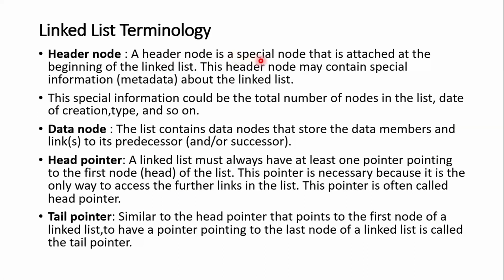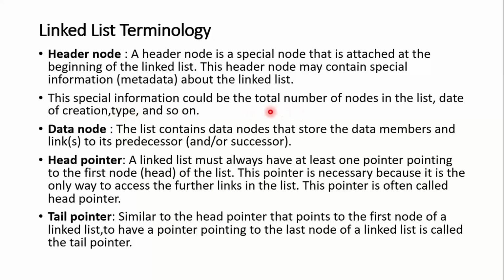See, it is a special node that is attached at the beginning of the linked list. It should always be at the beginning of the linked list. And why is it called special? Because it may contain some special information about the linked list. What is the special information? See, it could be the total number of nodes in the list, date of creation, type of data that you're